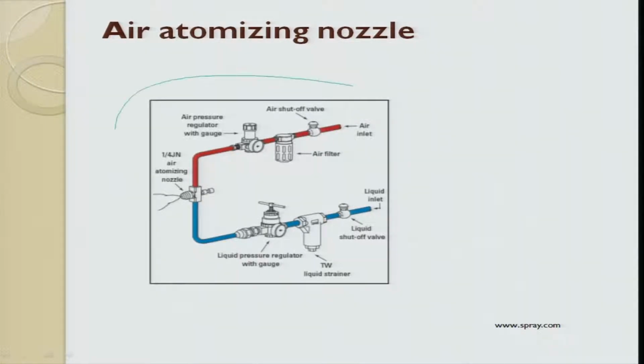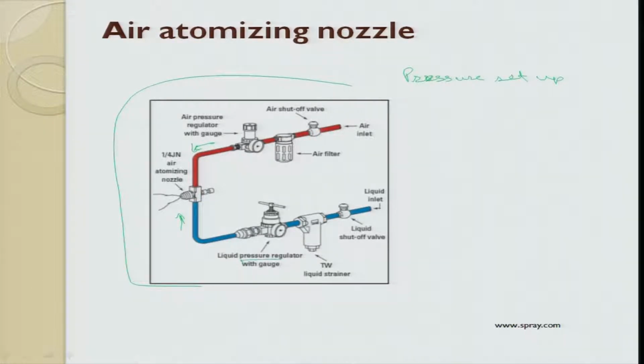The system that I am showing here is a pressure setup, right. In this case air pressure is there, and obviously liquid is there, and liquid is also supplied through